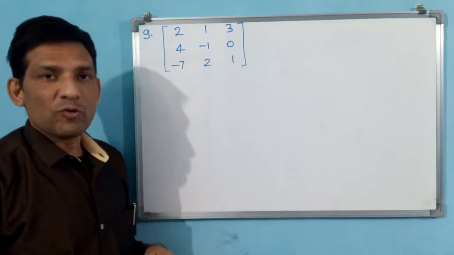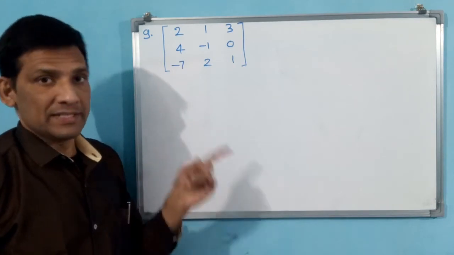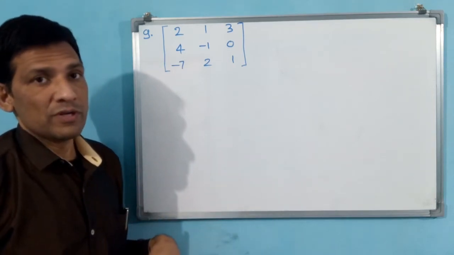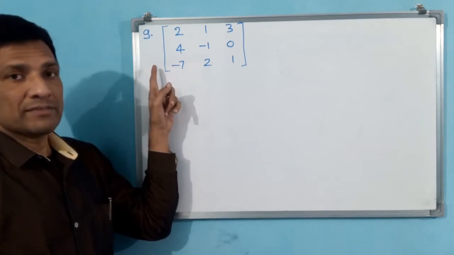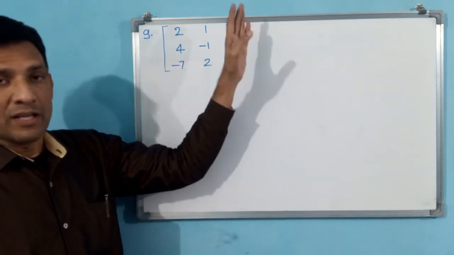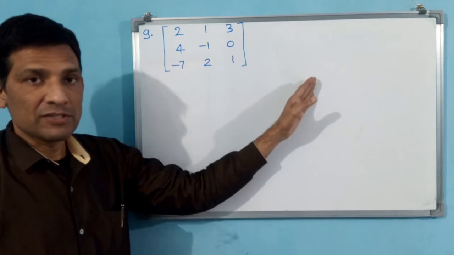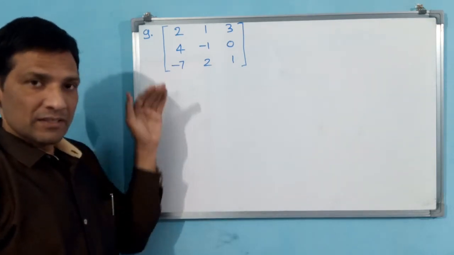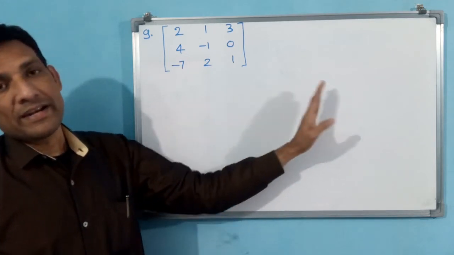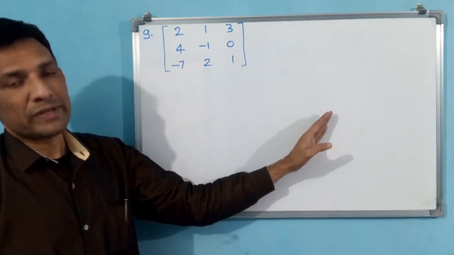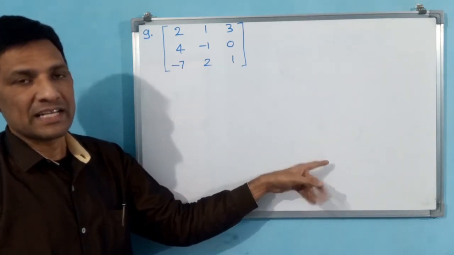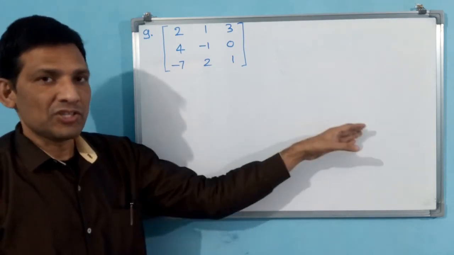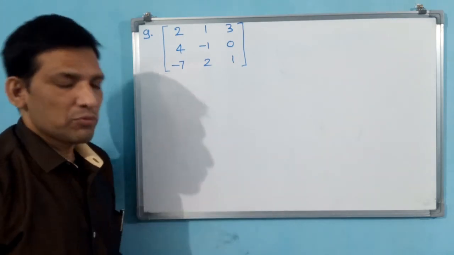3 by 3 matrix they have given. We have to find A inverse if exists. That means first what we have to do, let A, you have to take this one. Determinant A you have to find. If determinant A is not equal to 0, then A inverse exists. Find minors, cofactors, write in matrix form, transposed cofactors, then that is going to be called as adjoint A. Then 1 by determinant A into adjoint A is your A inverse. This procedure you have to follow.